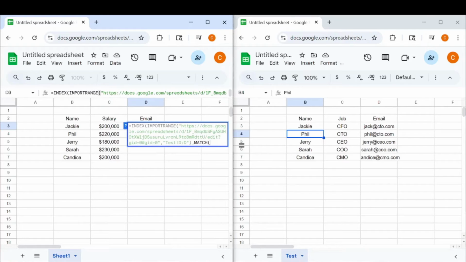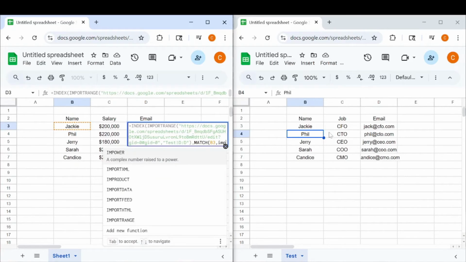So we'll do match. First thing we want to do is our search. So we want to search Jackie, so B3. We'll do comma. The range we want to search will be here. So what we're going to do is import range,